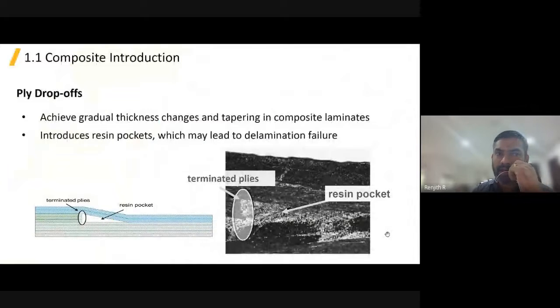And one more difficulty is there, if you want to do the analysis, and also in the manufacturing section, there will be resin pockets. Resin pockets means sometimes if there is any discontinuity or an angular change, there may be chances for voids, and when we manufacture, the resin will fill those voids. So that resin will create a resin pocket, and most of the time it will affect the mechanical properties of the material. That's why ply drop-offs are very important when considering the material for analysis.